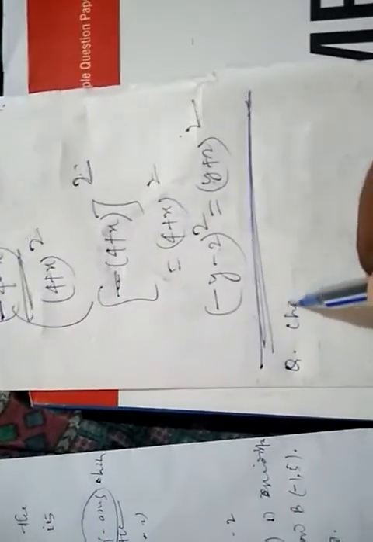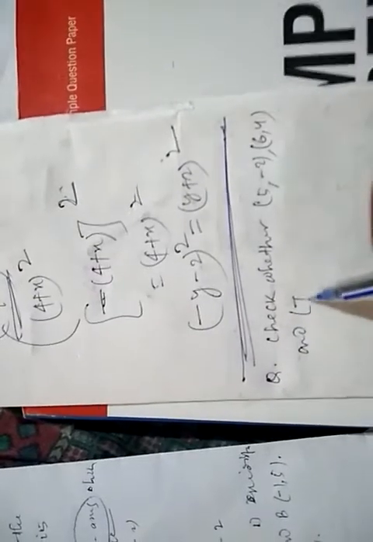Very nice question. Check whether 5 minus 2, 6 4 and 7 minus 2 are the vertices of an isosceles triangle. Here the question says you are given 3 points, 5 minus 2, 6 4 and 7 minus 2, and asks whether they form an isosceles triangle. Try to understand what we mean by isosceles triangle. If two sides are equal, the triangle formed is an isosceles triangle.